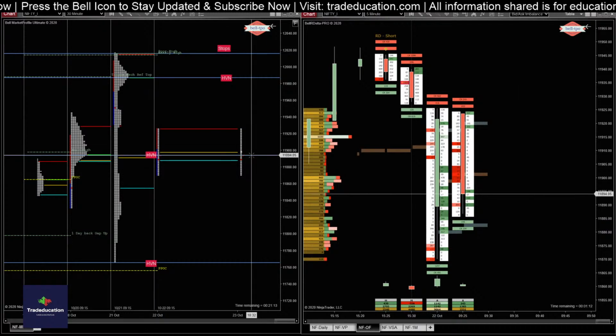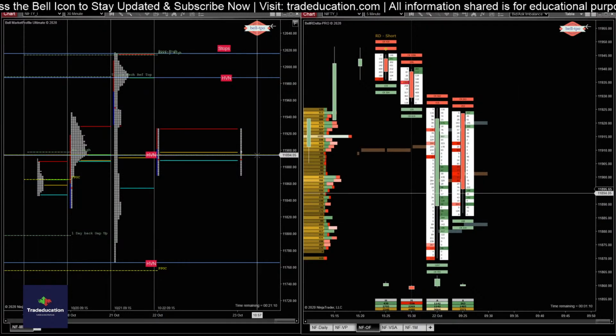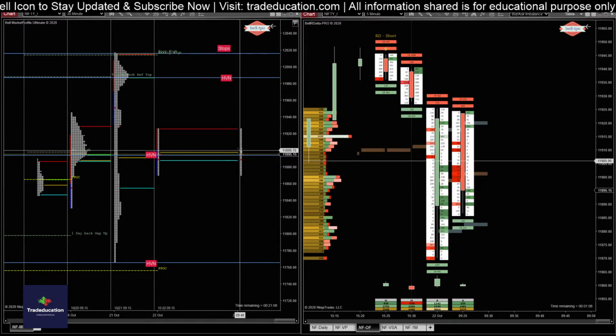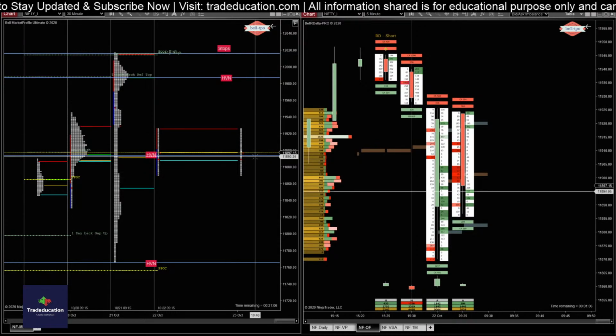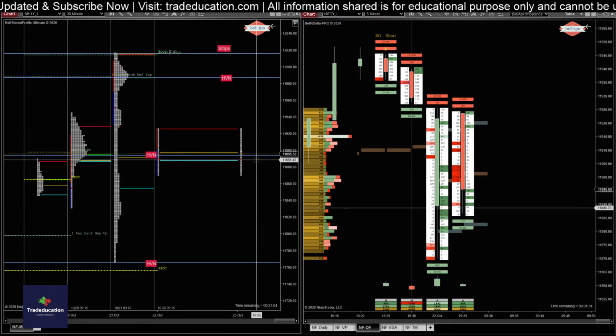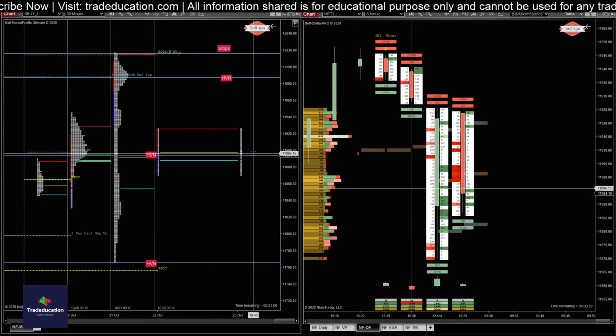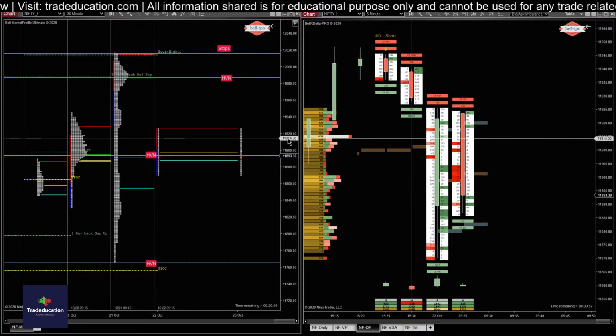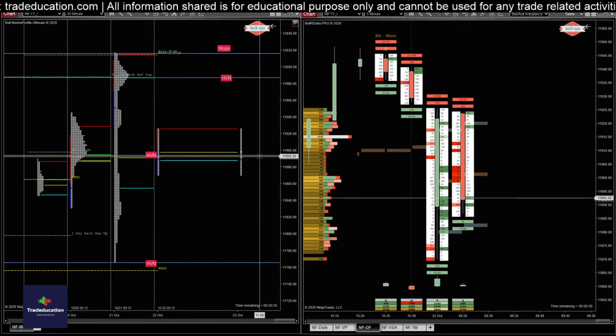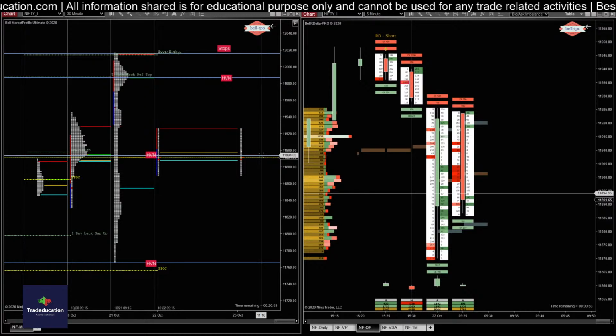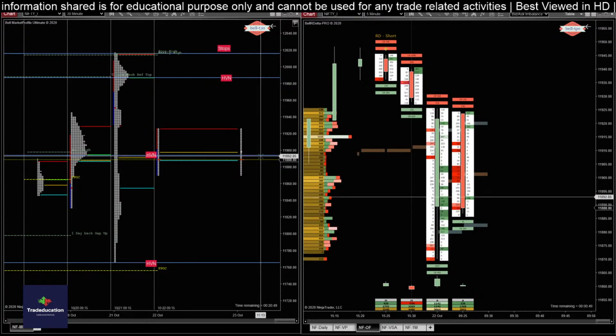Now we are below the HVN reference. So basically those who bought above this, they will be scared. And now the auction is just tagging the open and going higher, open and going higher. Not a good sign. So this reference is invalidated now. So now we are in the support zone. Below that level, sellers are pretty strong coming in.